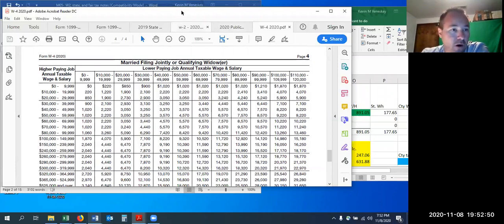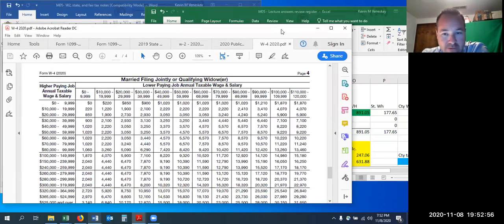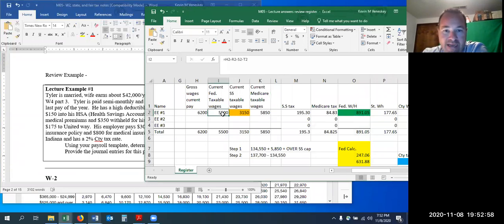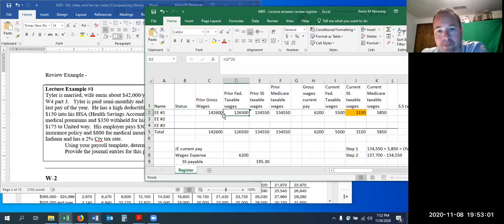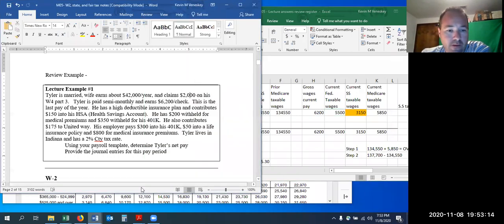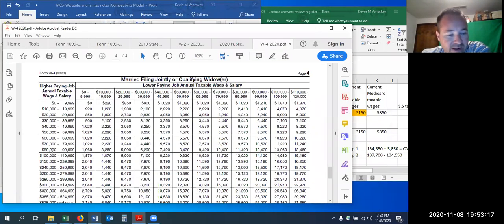Okay, so our wages for Tyler, we need to add 5,500. So 126 plus 5,500 would give us his full yearly federal wages. So that comes out to be just over 130,000. So we're going to come over here to our charts and find where 130 would fall, and it would fall in this line here. The spouse makes, I believe it said 42,000. So we're going to come over to this number,